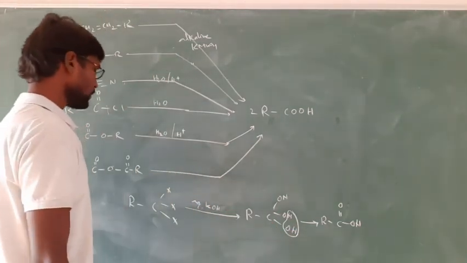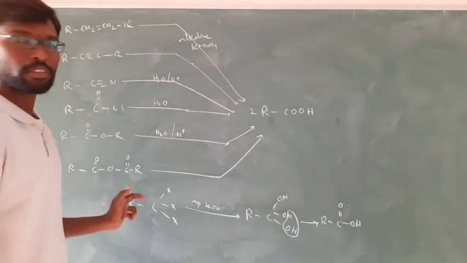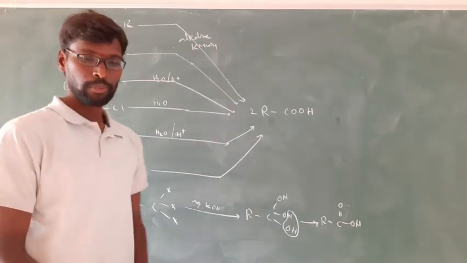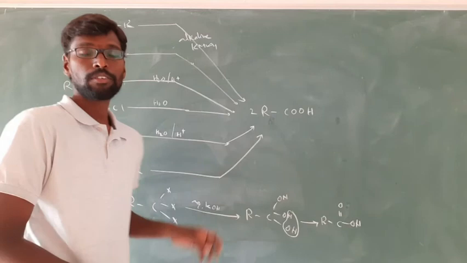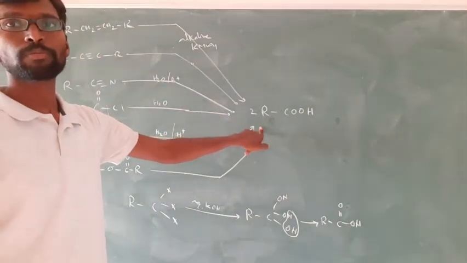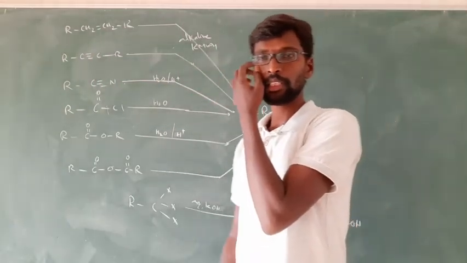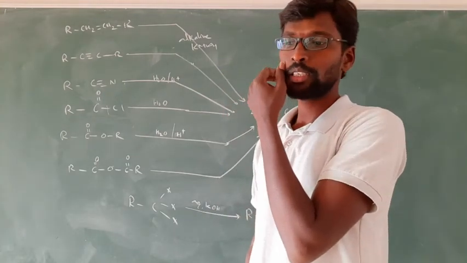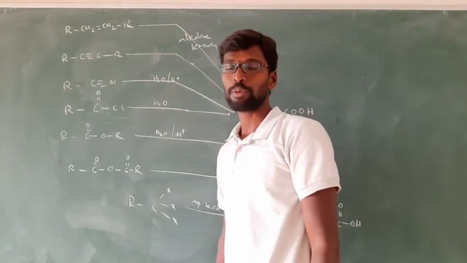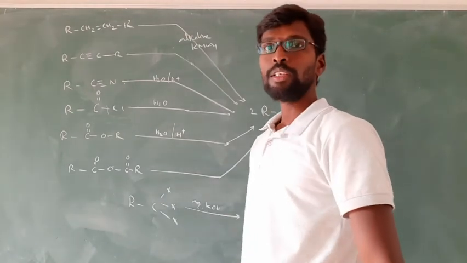So like this, you have to take different reagents, different reactants, and you will get a carboxylic acid. So these are the preparation methods for carboxylic acids, meaning aliphatic carboxylic acids. In the place of R, you can take aromatic compounds also. If you take a benzene ring, you will get aromatic carboxylic acids. But some methods are there for directly getting aromatic carboxylic acids. We will write the next preparation methods. Okay, so what are those?